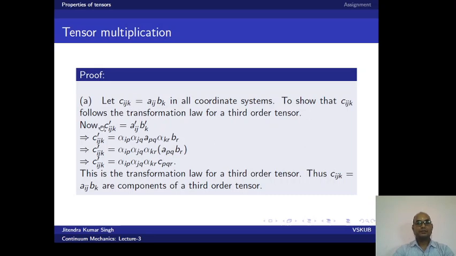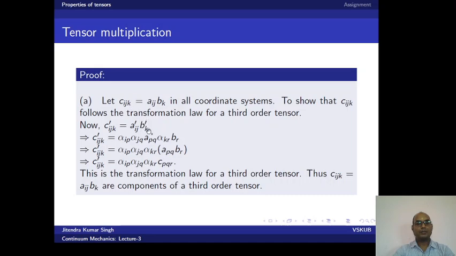Now C dash ijk we can write as Aij dash Bk dash. Since Aij are components of a second order tensor, it will follow the transformation rule for a second order tensor. So Aij dash we can write as alpha Ip, alpha Jq, Apq, and since Bi are components